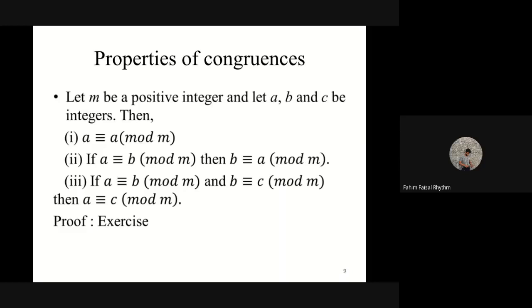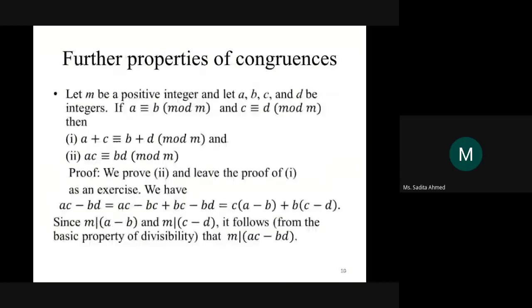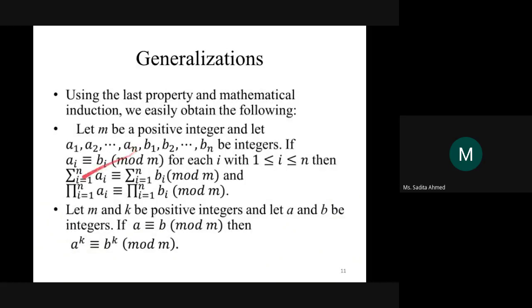3 factorial is congruent to 3 factorial mod 12. That is, 3 factorial is congruent to 6 mod 12, right? Yes, miss. Okay. Remember this now. If a set of numbers is pairwise congruent to a set of numbers, then the summation of all the numbers on the left hand side is congruent to the summation of all the numbers on the right hand side mod